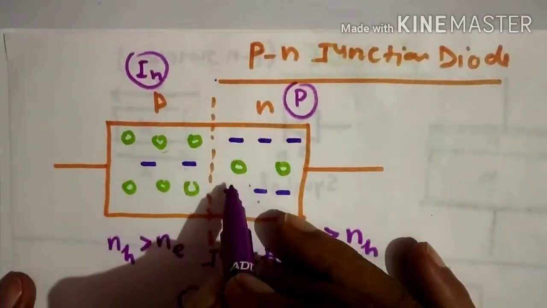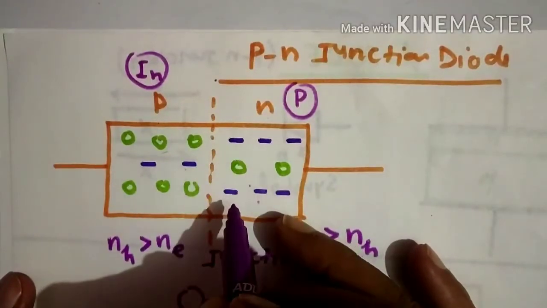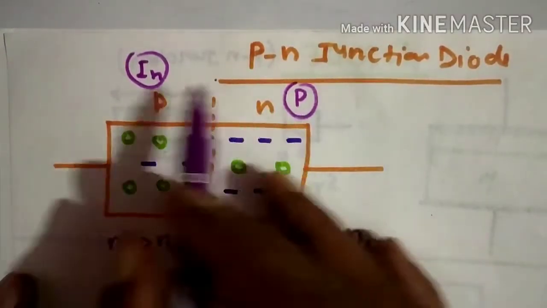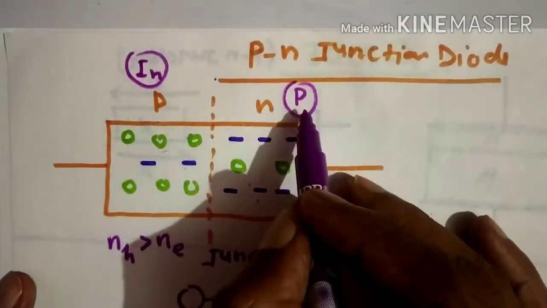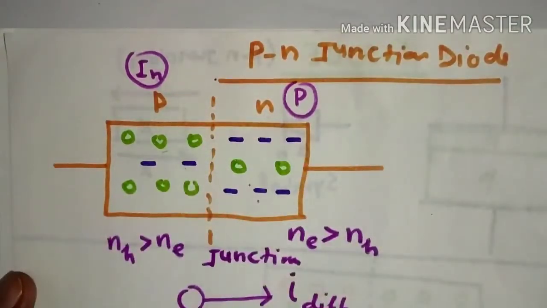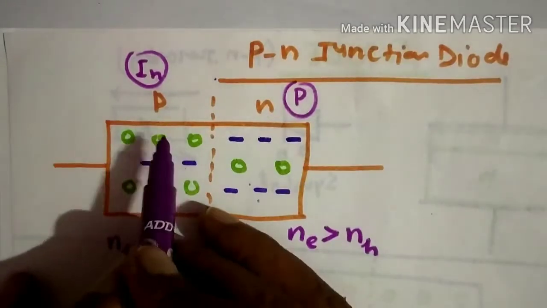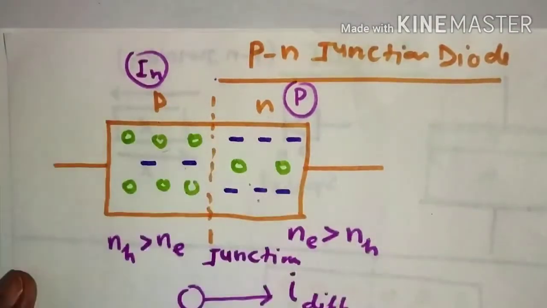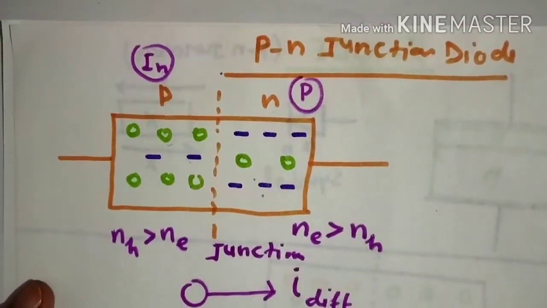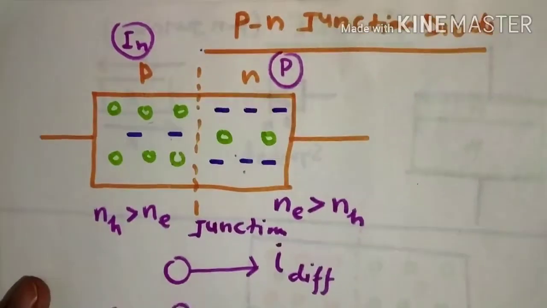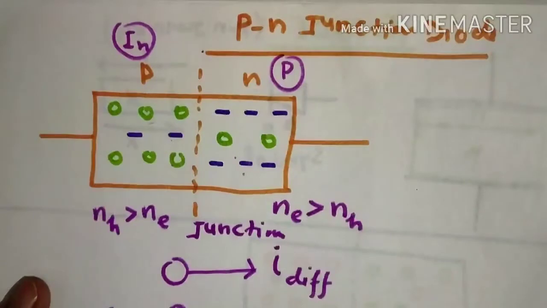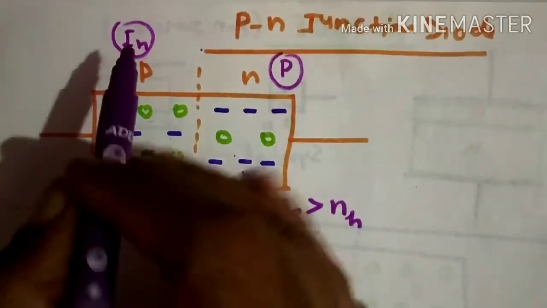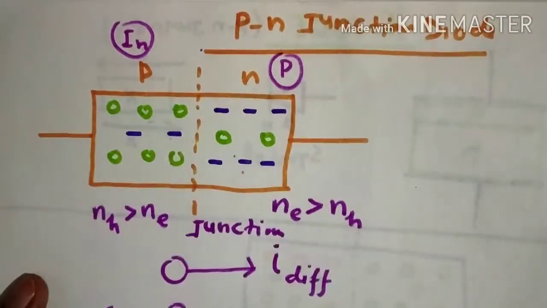So these current carriers are generally obtained from these dopants, that is, these electrons are due to the doping of phosphorus and these holes are due to the doping of indium. In the last video I had discussed this indium is providing the hole in the lattice of pure semiconductor